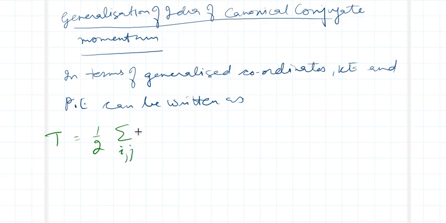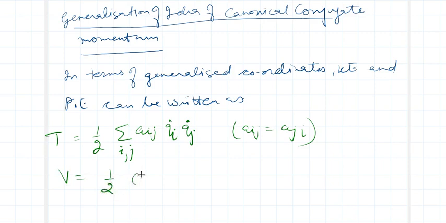This I have discussed in the earlier lectures. Here Aij is equal to Aji, this we have to keep in mind, and the potential can be written as